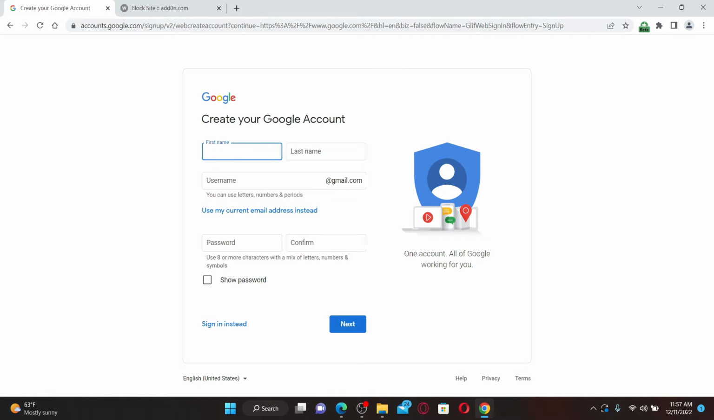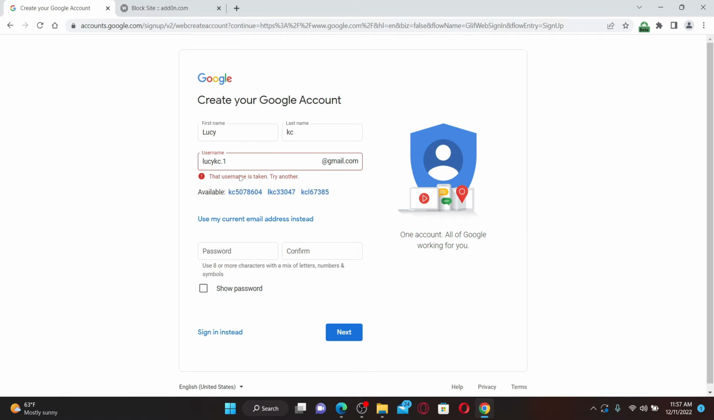Enter your first name in the first text box and head over to the next field and type in your last name. Enter a username for yourself that you'd like to create. You can use letters, numbers, and periods in your username. While creating a username, remember to use a unique one. Since two people cannot have the same username, you can also select one of the available usernames from the bottom